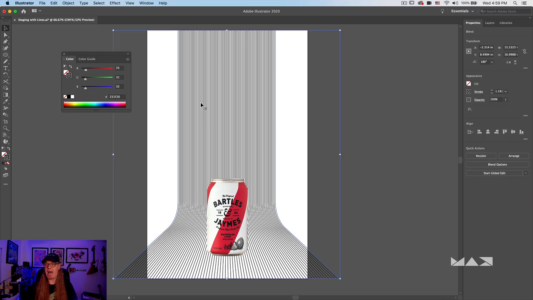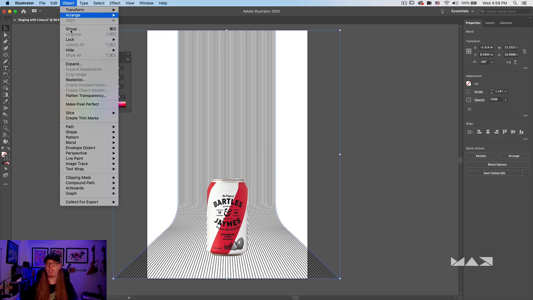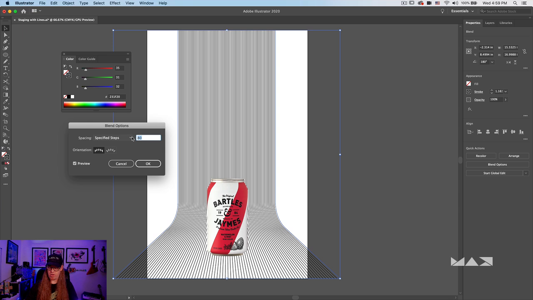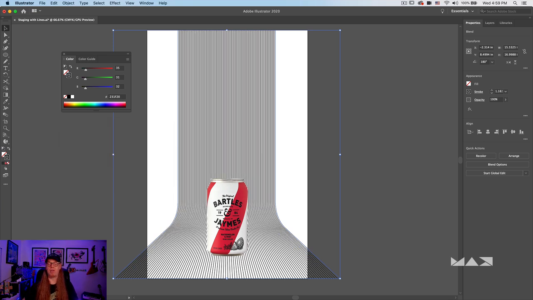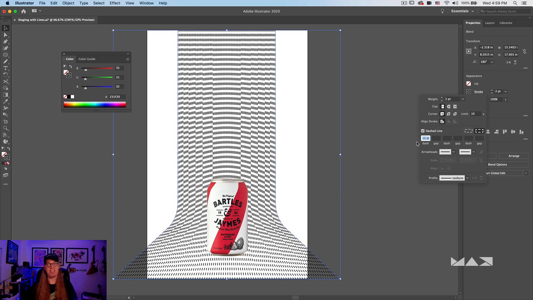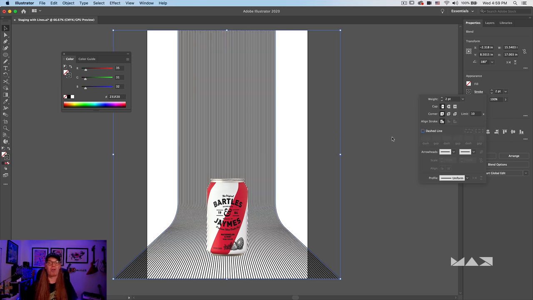If at any point you're not happy with it or you want to increase the density, just go simply back into those blend options and increase the number. So I could go in here and say, you know what, let's do 96. And that makes it more dense again. What's also great about this is you can also change the stroke weight. And so this can give you a completely different appearance of effect. You can even go in there and choose dotted lines like a dashed line, and that gives you something pretty crazy. So you just start thinking about, okay, I think I'm done. What else can I turn on just to see what it does to it? And does that give me some kind of delight for my project? I don't like the dashed line, so we're gonna turn that off. All right, let's look at our next project.